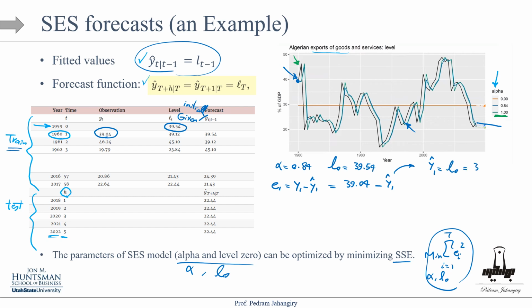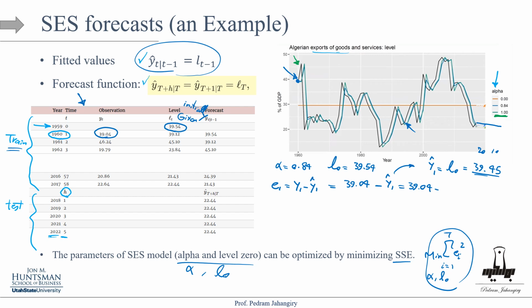L0 was 39.54. And guys, remember, you can start from any number for L0. This is a computational process. You can do 20, you can do 10. The numbers that you see in the table are the optimized values, generated using that number. It's optimized, right? So now this means that my E1, or error 1, is going to be